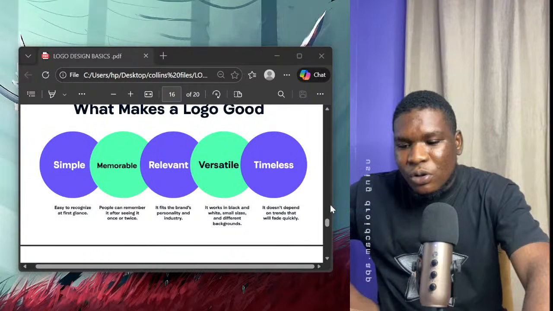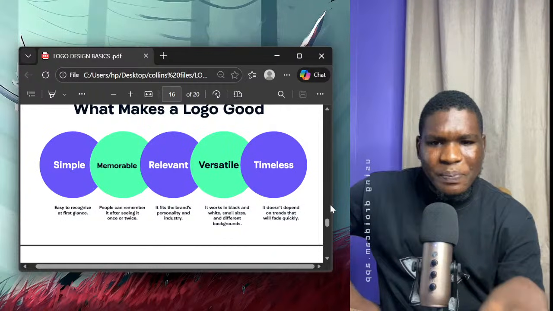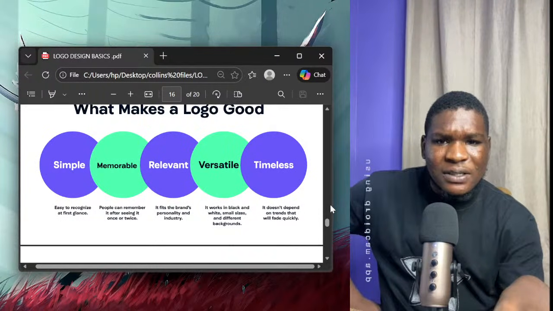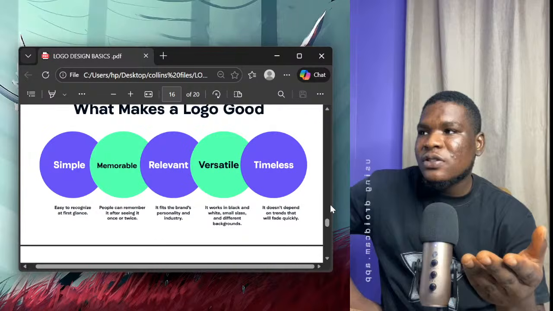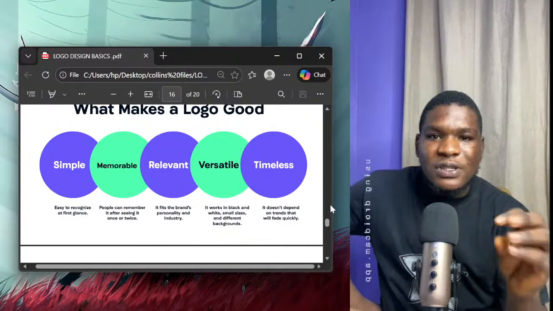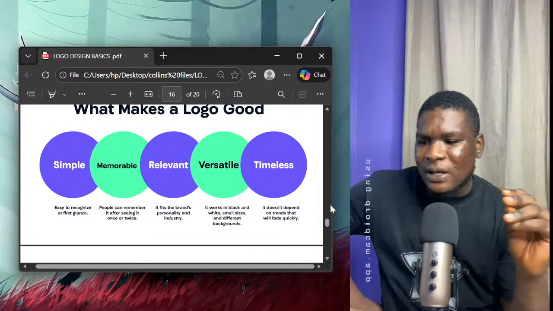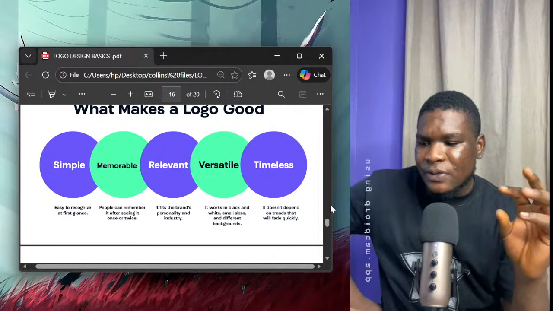It must not just be part of a trend. Let's use an example of what I mean by a trend. If you go on Twitter now, if you go online, most AI brands are using that sparkly